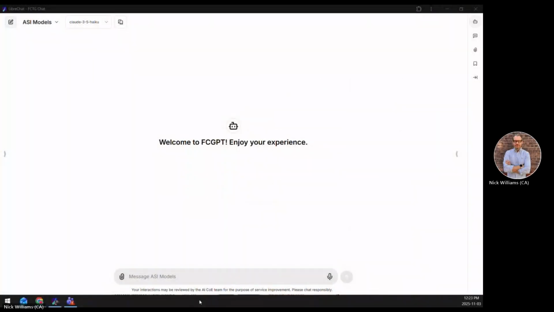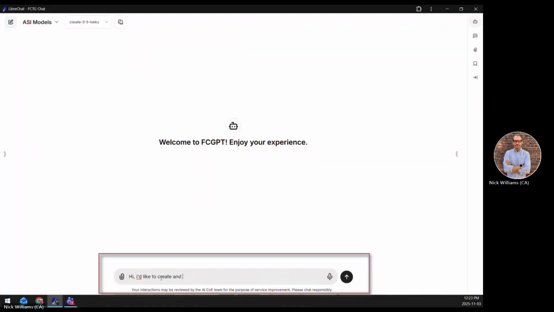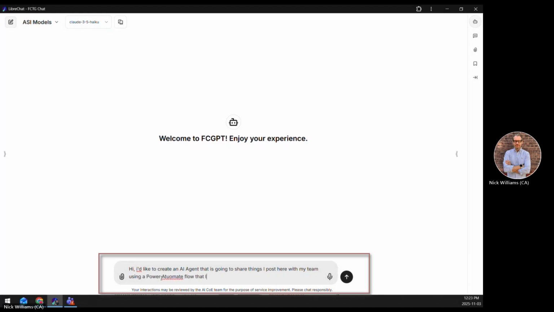Okay, let's begin, shall we? I've already opened the Libre chat client to begin chatting with FCGPT. I'm going to refer to FCGPT as AI from now on. I need to add a prompt that tells the AI what I'm doing. So this is giving context. This time I'd like to share things with my team. I'm also going to connect it to a PowerAutomate flow using the tools I'm about to set up in this